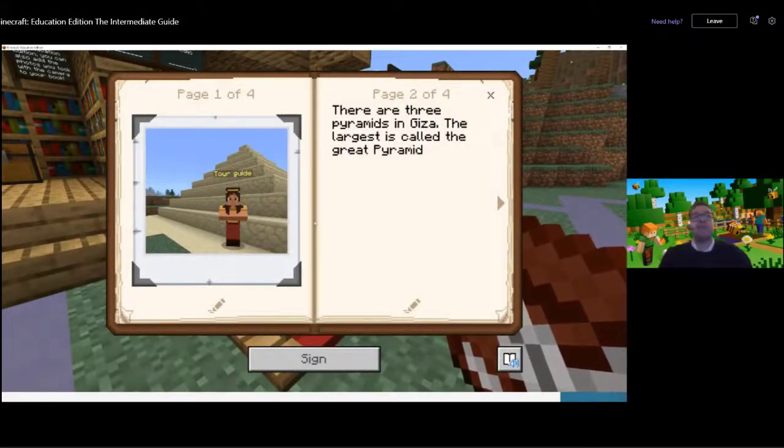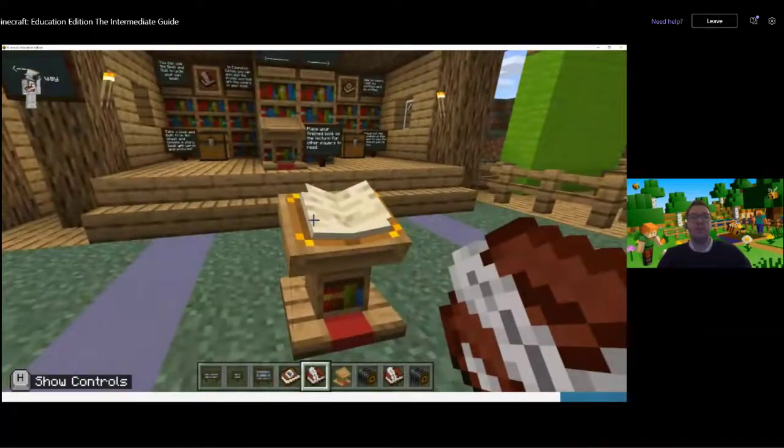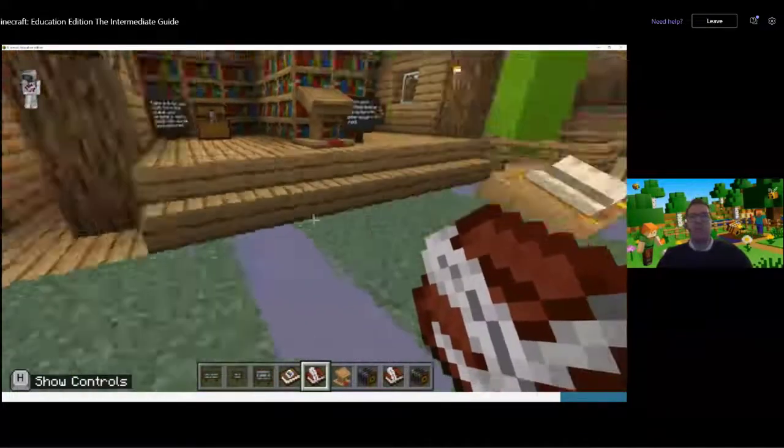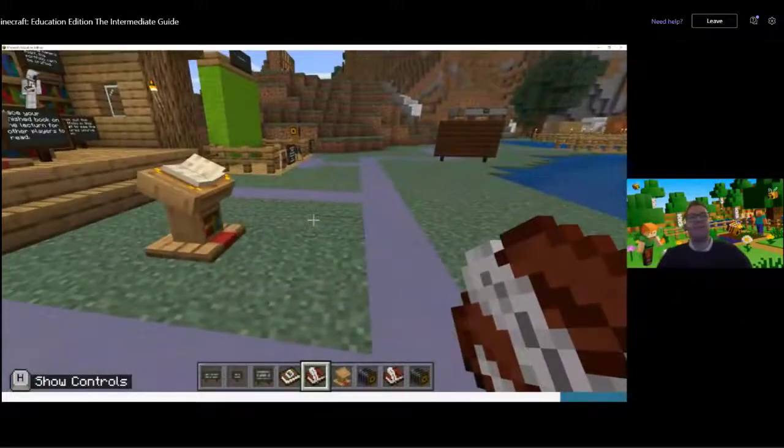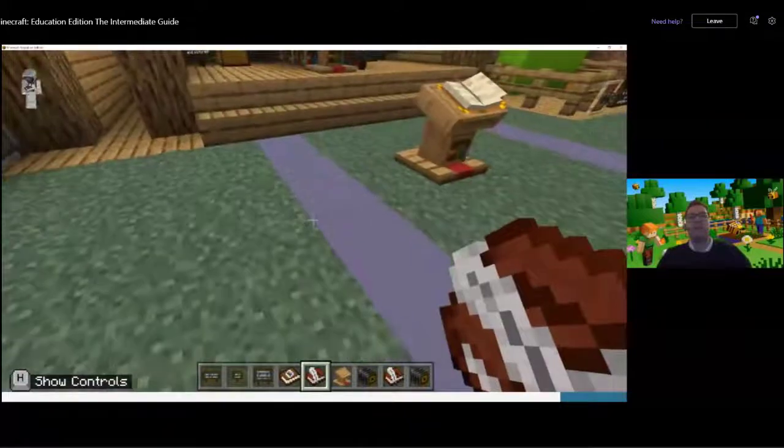You could also place information in there. So instead of having a tour guide telling me about Egypt and the ancient pyramids, you can have a book with information and photos in there. So that's really useful. But the other really nice feature, I stole this from a colleague of mine, another Minecraft mentor,